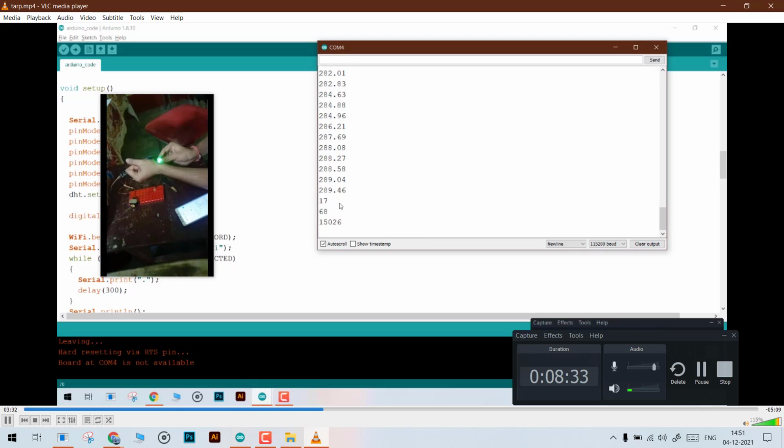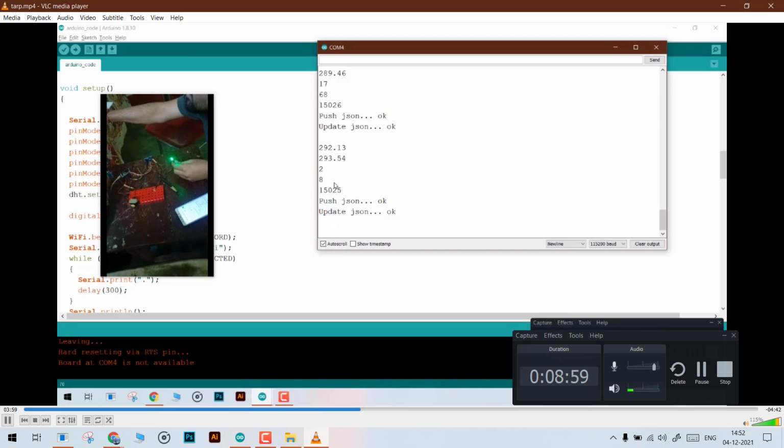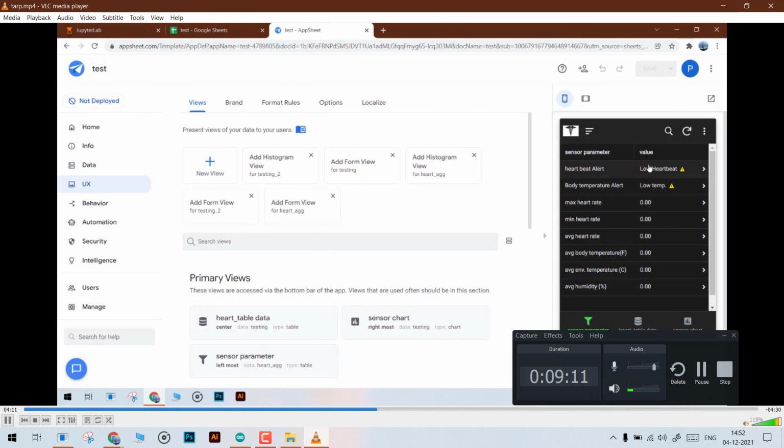You can see it's measuring 278, 279 as the input, and it will measure at every 15 second interval. Now you can see this 68 is the BPM in 50 seconds. So we have to stay 30 seconds for the actual measurement. Now it's showing the buzzer turned on because in some random cases the pulse sensor measures odd values. So as 8 is showing, here you can see the low heartbeat also showing.